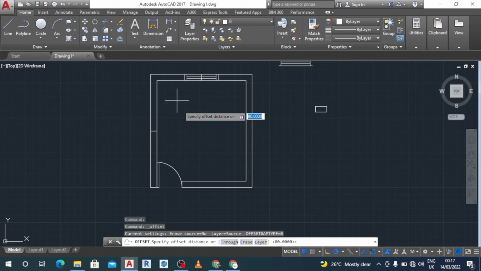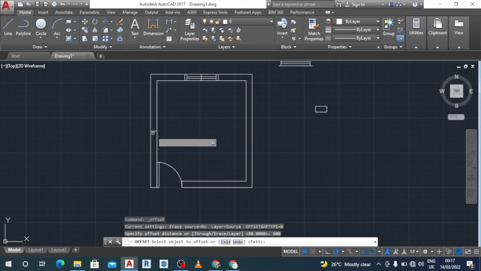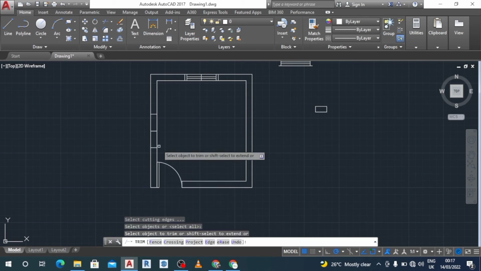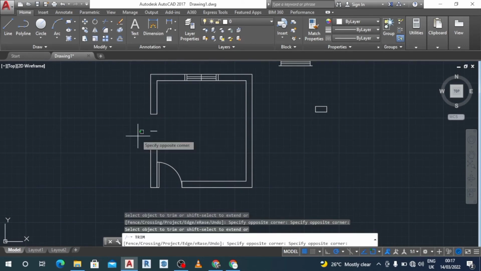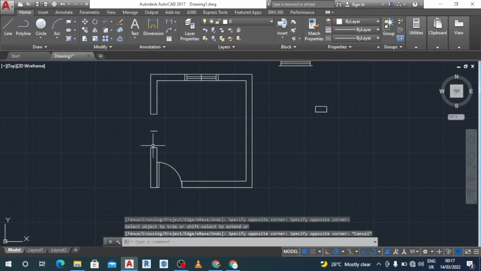Don't forget 1.2 window as well. 600, then enter. So offset from here to here, and I'll offset from here to here. So once I'm done with that, then I trim to get the space I need to place my window. So instead of redesigning and redesigning,